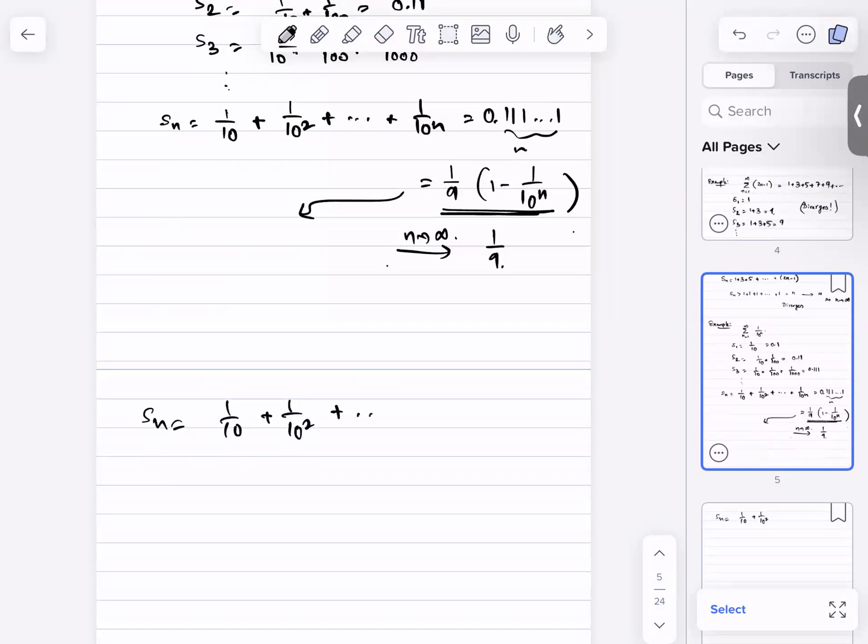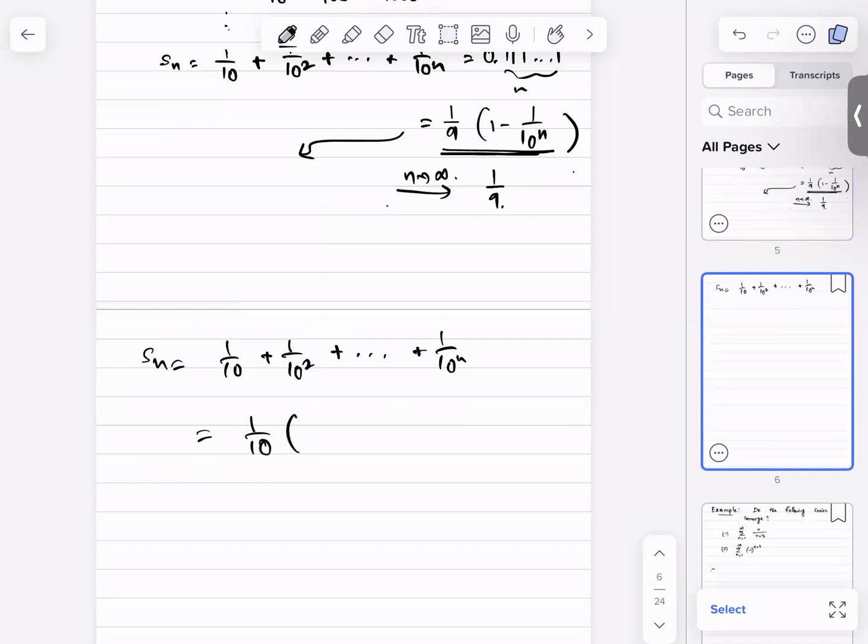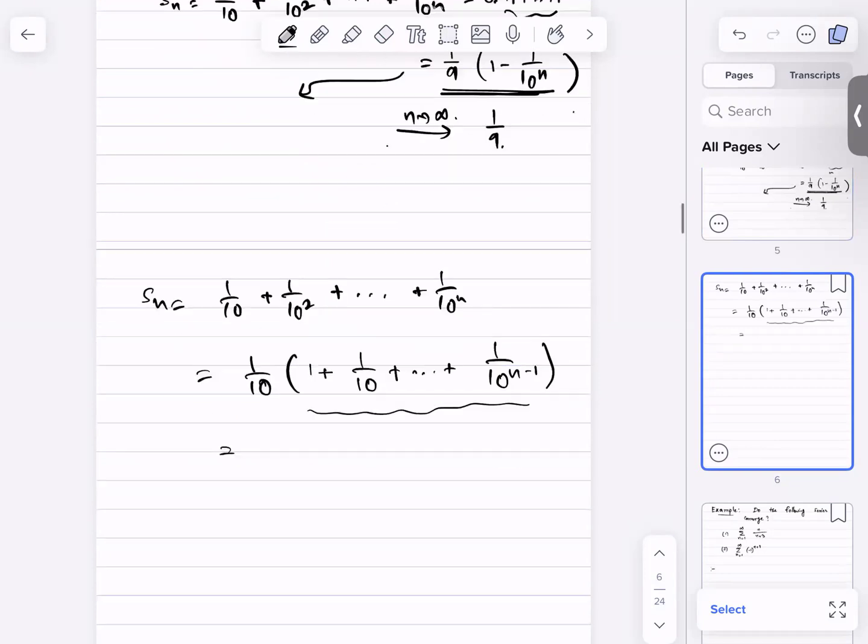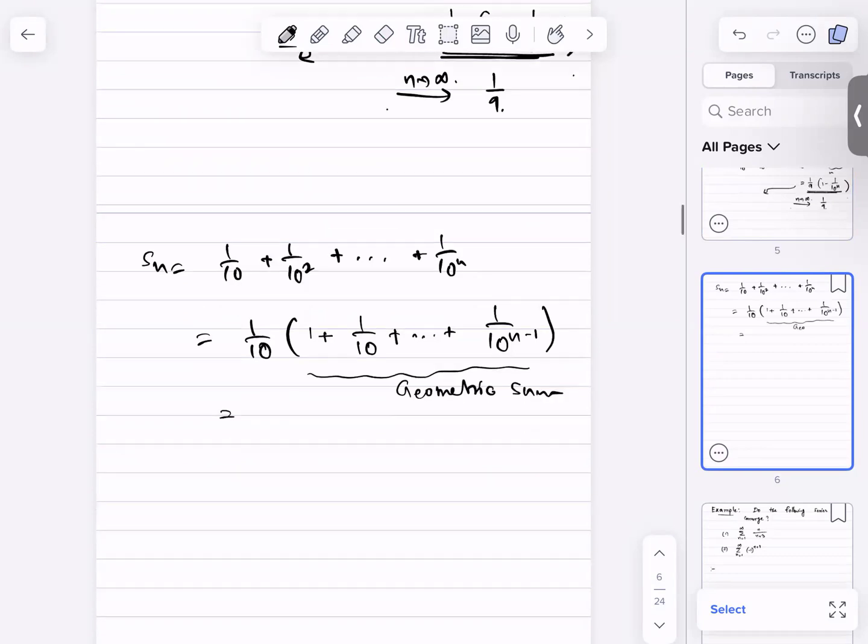So Sn was this, 1 over 10 to the n. Okay, now if I factor out 1 over 10, then it will be 1 plus 1 over 10 plus so on up to 1 over 10 to the n minus 1. Okay, now this is sort of like a geometric sum. And you might remember that the geometric sum will be, and I will discuss this later as well. This will come again later. So just know that this will give us the formula